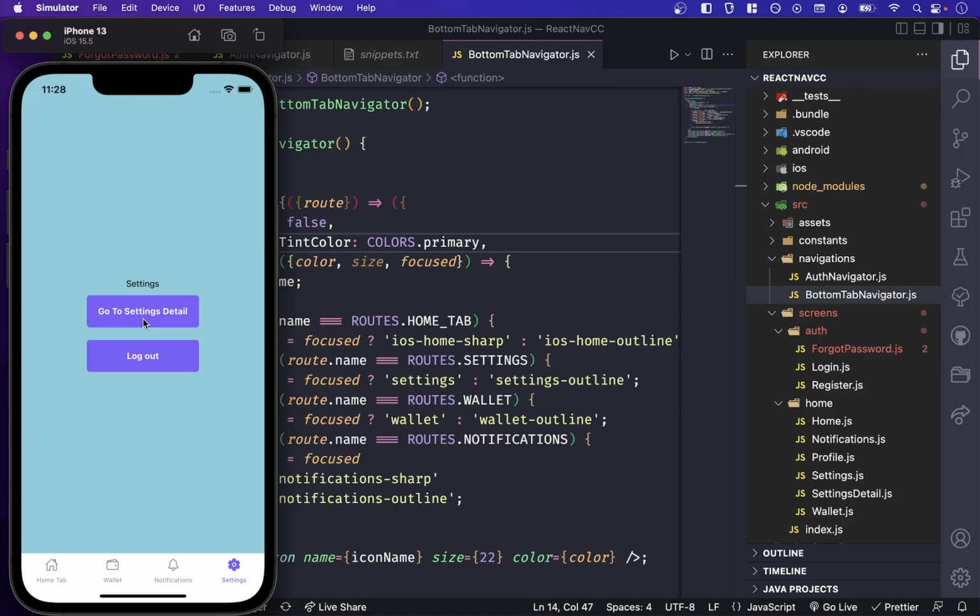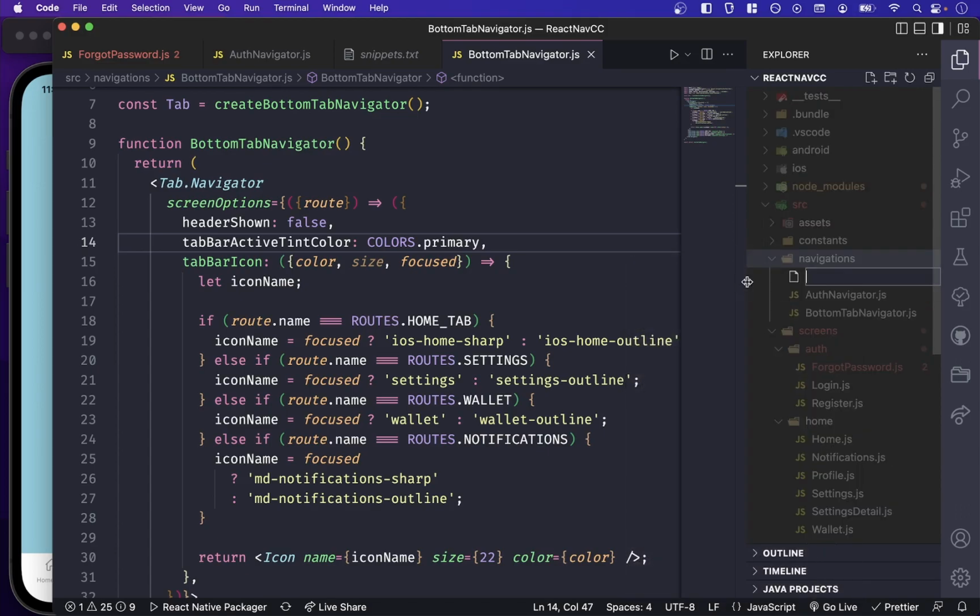So if I click that, it's not going to work right now. And if you want this to work, basically it means that this is going to be another stack of screens, because this is the settings screen and that's going to be the details of the settings screen. Well, that is a stack. It creates a stack and it has to be within another navigator. So I'll go here and create another one, call that settings